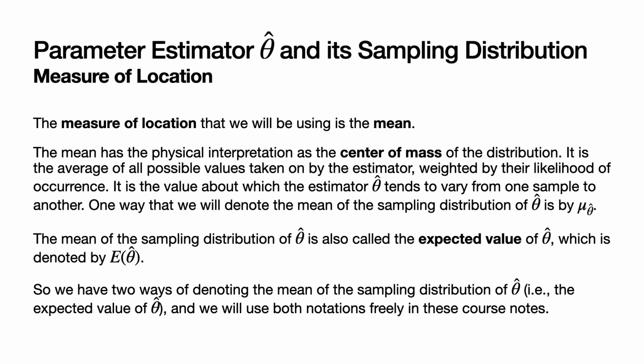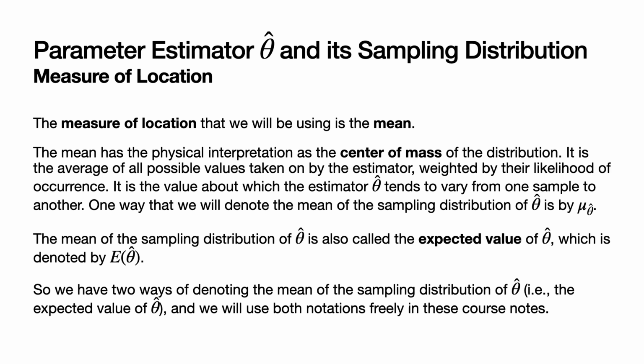The measure of location that we will be using is the mean. The mean has the physical interpretation as the center of mass of the distribution. It is the average of all possible values taken on by the estimator, weighted by their likelihood of occurrence. It is the value about which the estimator theta hat tends to vary from one sample to another. One way that we will denote the mean of the sampling distribution of theta hat is by the notation mu sub theta hat. The mean of the sampling distribution of theta hat is also called the expected value of the estimator theta hat,